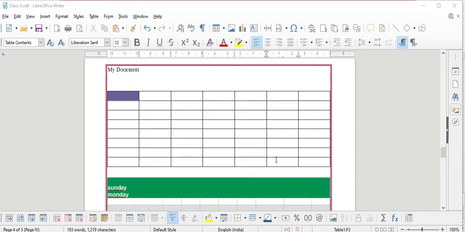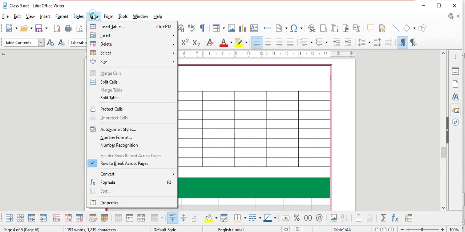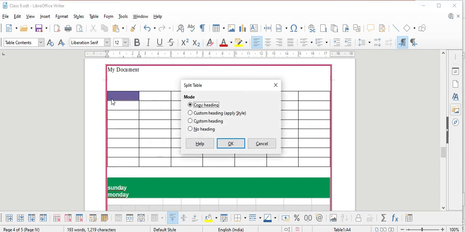To split a table, now this table I want to split. Place the cursor in the cell that will be the top row of the second table after the split. Like from here, if I want to split the table, I will keep my cursor in this and then go to the table option, and here you will see the split table option is there. I will click on that. Some settings will be there.